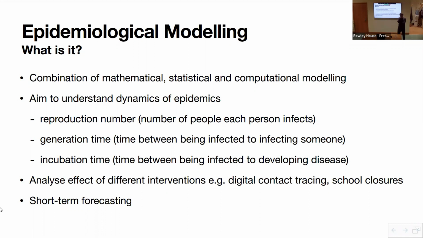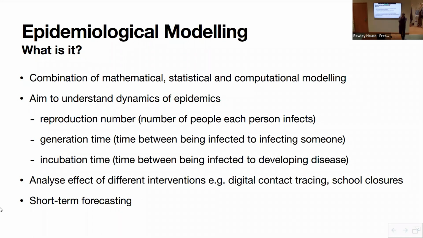However, what's happened now is, because we have so much computing power, these two things have merged. So the mathematical models now, because we have so much computing power, we can now look at the statistical properties of them by running these models hundreds of thousands of times. And with the statistical models, they now can be much more complex than the original statistical models, and they can really look much more like mechanistic models now. So these two sides of mathematical modeling and statistical modeling are slowly merging together into being one. So one's becoming more statistical, and the other's becoming much more mechanistic.